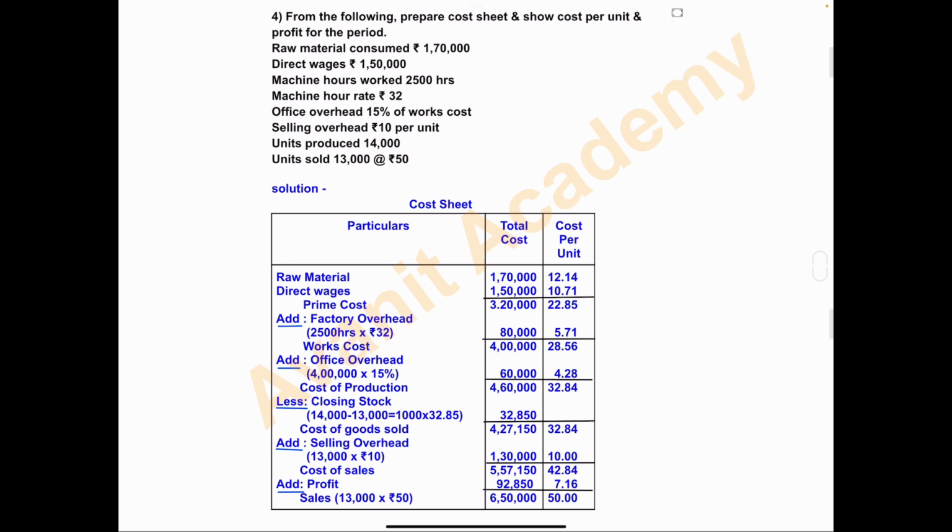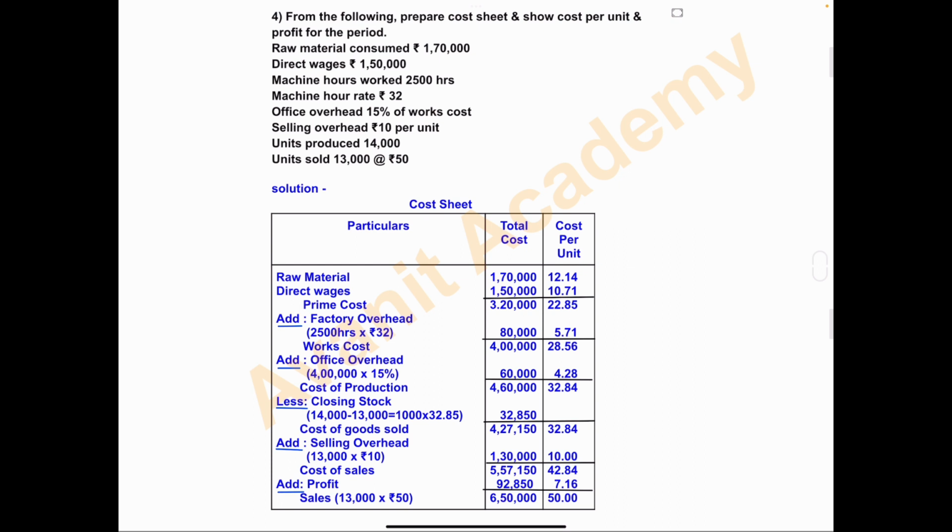Okay, this fourth problem is on output costing. From the following, prepare cost sheet and show cost per unit and profit for the period. Okay, in this problem, we have to prepare cost sheet and we have to calculate cost per unit and profit per unit, profit on per unit. So we'll see what information they have given in this problem. Raw material consumed